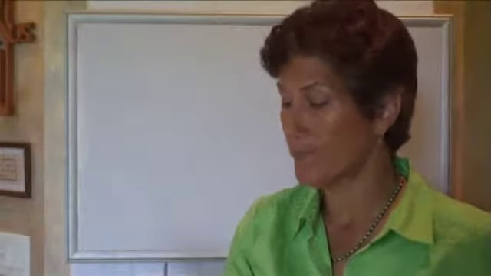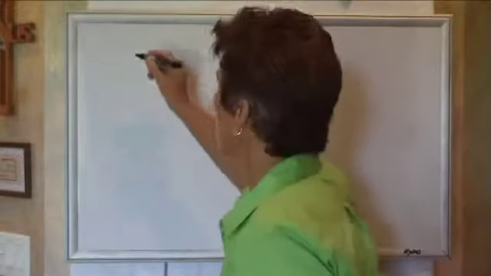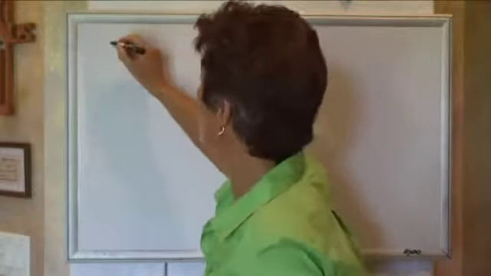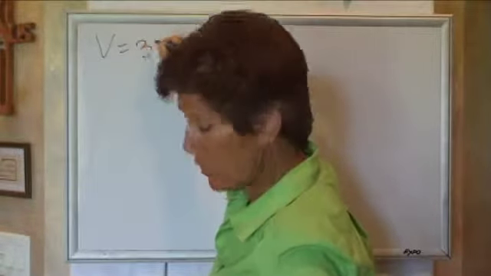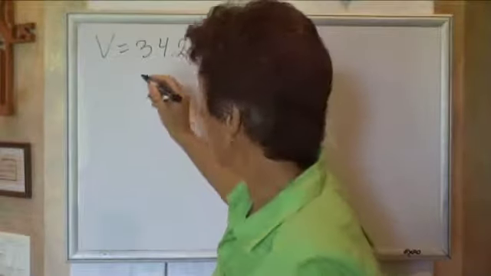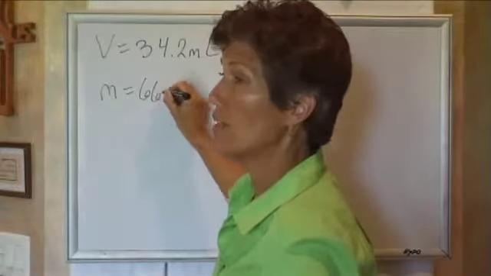Okay, number 10. The density of gold is 19.3 grams per mil. A miner finds a gold nugget whose volume is 34.2 mils and whose mass is 661 grams. Is it really gold? It's a practical question, right? Okay, so we have the volume is 34.2 mils. And we have the mass as 661